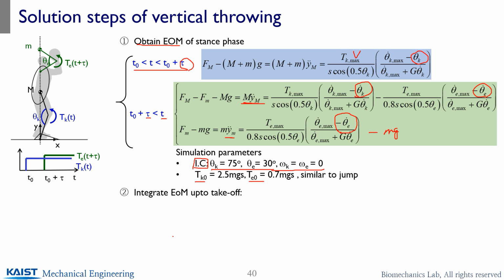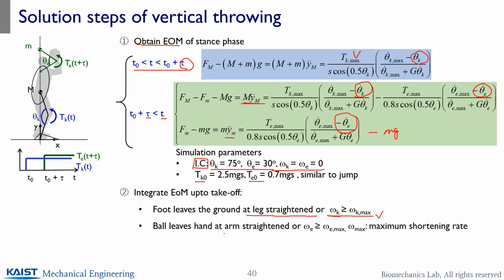Okay, so integrate the equations up to takeoff. When does the takeoff occur? The release occurs when the foot leaves the ground, when the leg is straightened, similar to the jump case, or when the muscle angular velocity reaches its maximum value. So whenever the knee joint torque turns out to be zero, same for the elbow, so the arm has been straightened or your elbow torque turns out to be zero, then you stop the integration